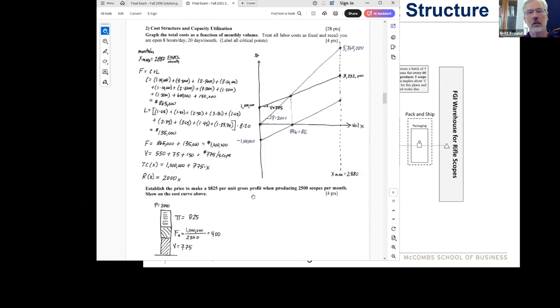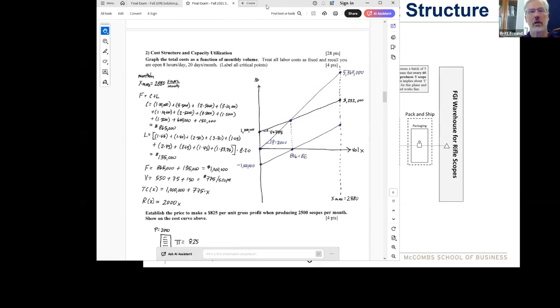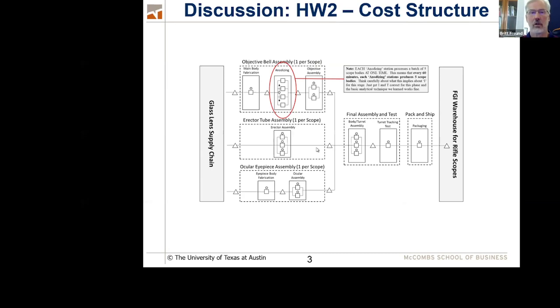So let's do this. Let's start with just recognizing this is the process. I'm going to give you a drawing of a process. The first thing you're going to do when you take a look at this process is go through and do that IRT bit that we did for homework number 1. You're going to establish what the bottleneck is, the lowest rate, and what the theoretical flow time is. And you'll be able to establish the maximum volume that's possible in some amount of time, a month, a week, a day, whatever I ask you for, based upon the bottleneck rate.